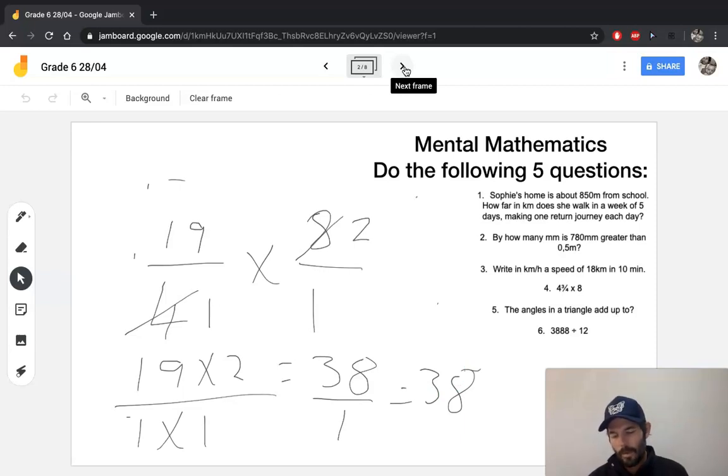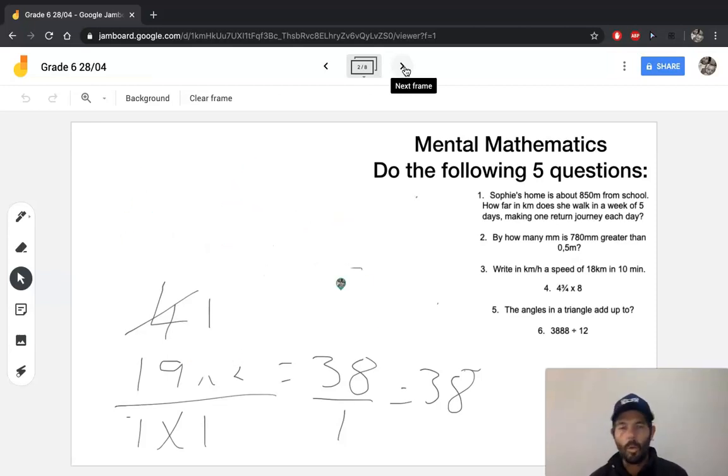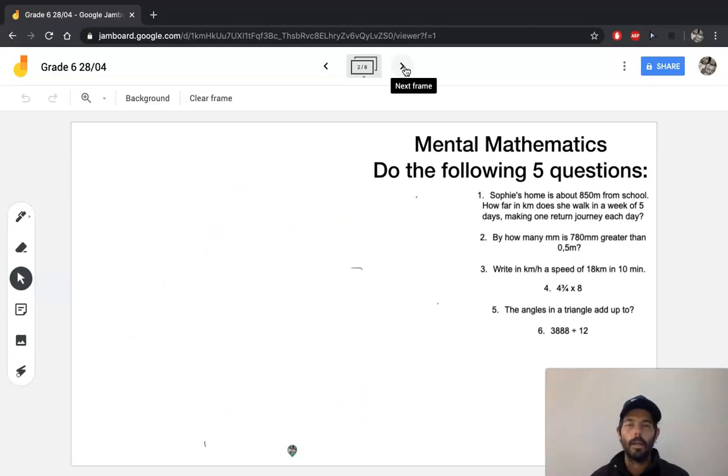Question 5, we need to remember that the sum of the angles in a triangle add up to 180 degrees. Always, doesn't matter what the triangle looks like, the 3 angles in a triangle always add up to 180. And your last question,